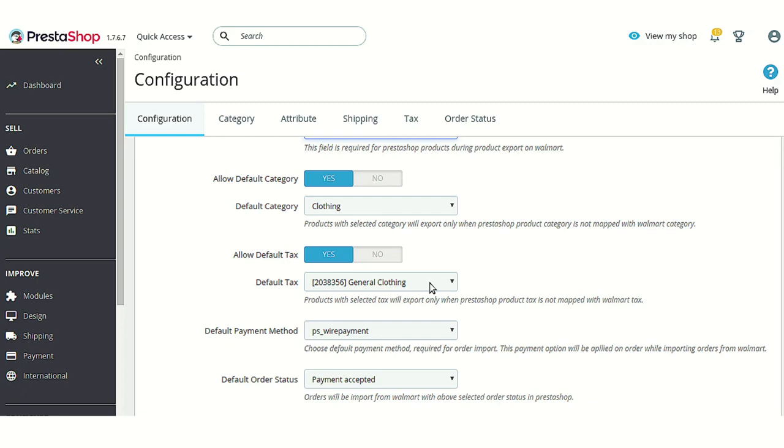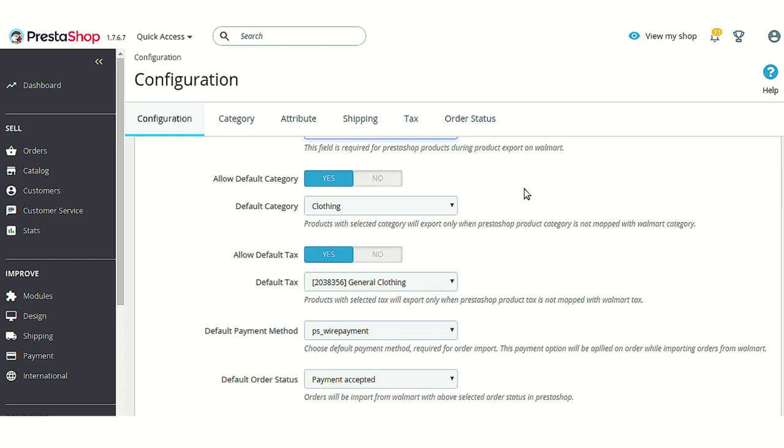So in that case, you can choose to allow this option and select a default category in case no category is matched or there is no mapping of the category. We will deal with the mapping of category, attribute, shipping, taxes and order status later in the video.